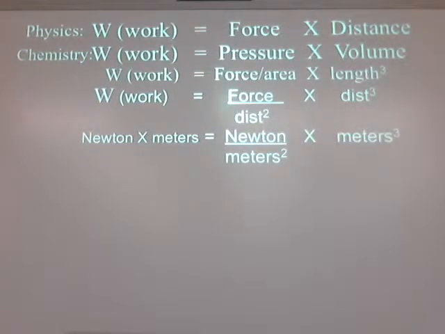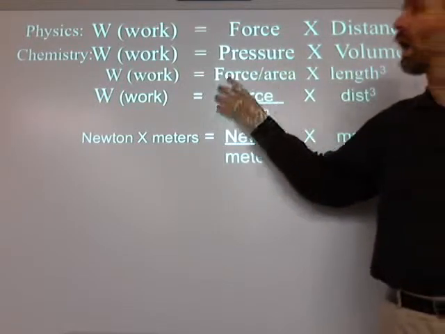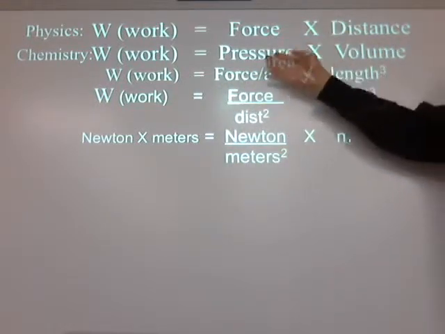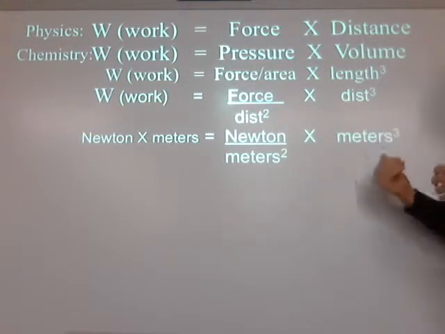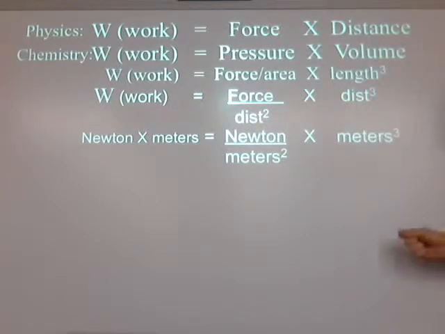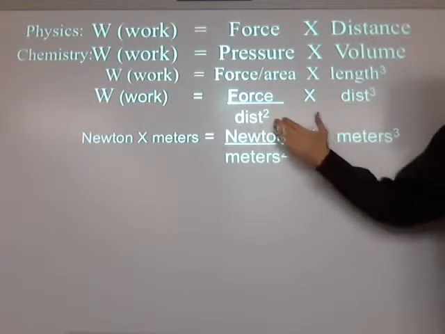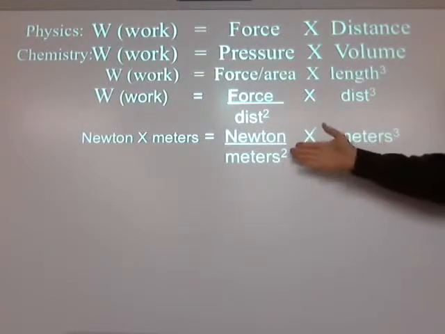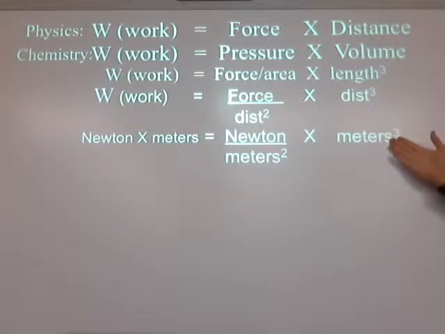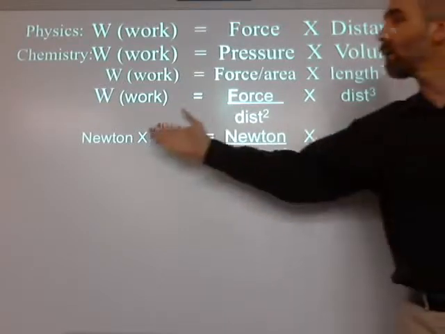I actually have to use a whole different constant here for my ideal gas law, which you're going to say, where did that come from? Well, I first wanted to go over why I could substitute in pressure times volume wherever I have work. Work can be substituted in for either way. Work can be in for that, or pressure volume can be in for work. They're the same thing. And again, the point is, I'm taking my Newton meters squared, which is my pressure, times my meters cubed, which is a volume, and I will get Newton meters,